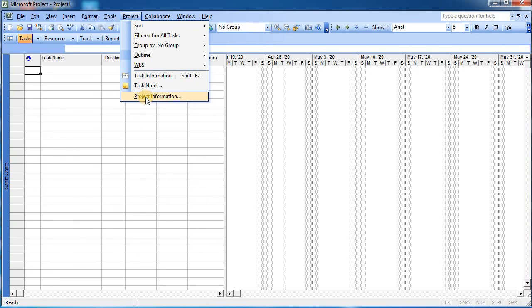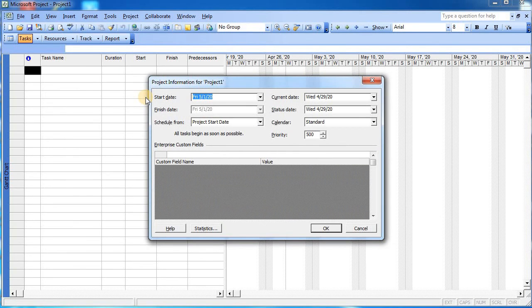We will click on Project Information, and once you click on Project Information, you can see over here the same window that we utilized earlier for inserting the starting date. We will go to this part. This is the calendar, and from here we will click on the drop-down menu, and now you can see here is the 4th option, Project 1.